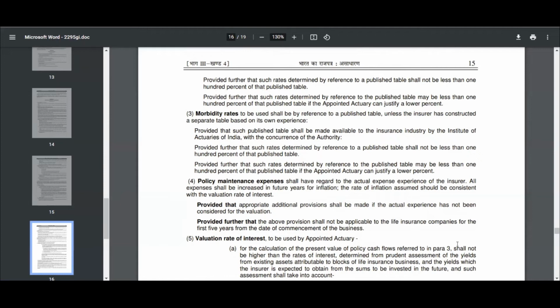We load the expense in the model using a different assumption, which will be my steady state assumption, and you expect that in future your expense would fall to this level. However, even after say 10 years of operation, if your expenses are still high, then you cannot use it; you have to use an additional provision if you're using that steady state of expense. So that's why your expense assumption should be based on the actual expense.